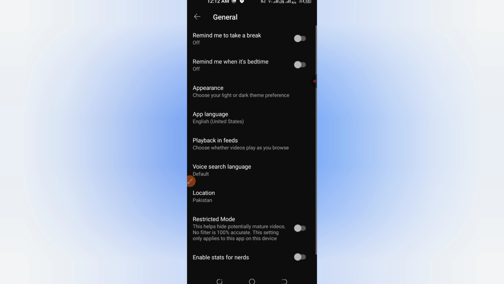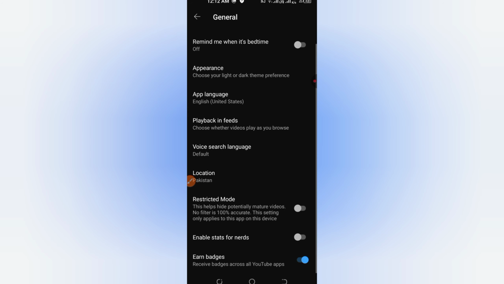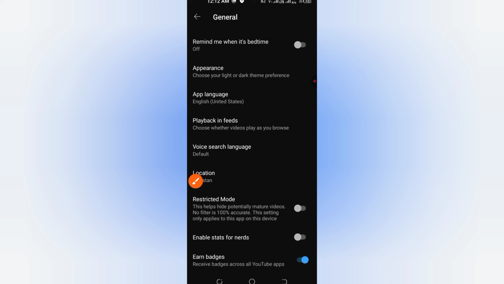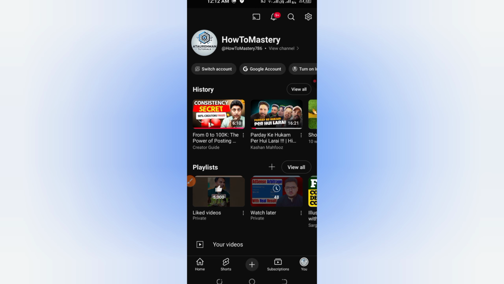Step 3. Watch the video now. Simply return to the video and try again. If it's age restricted but allowed under guidelines, it should now play normally. YouTube might still block some videos that violate policy, and that's by design, to keep the platform safe and respectful